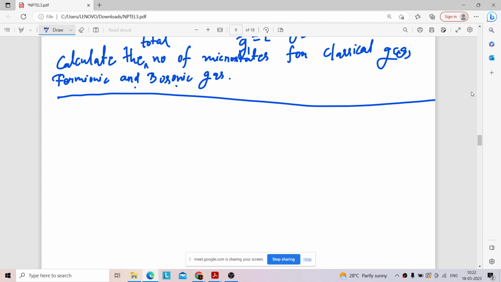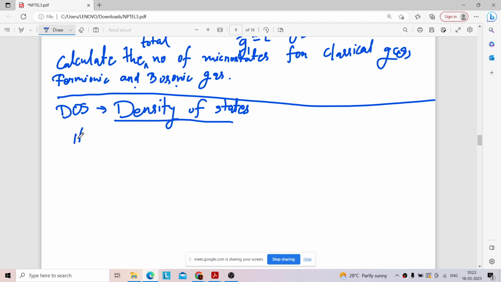So we will define density of state. So density of states can be defined as the number of states per unit